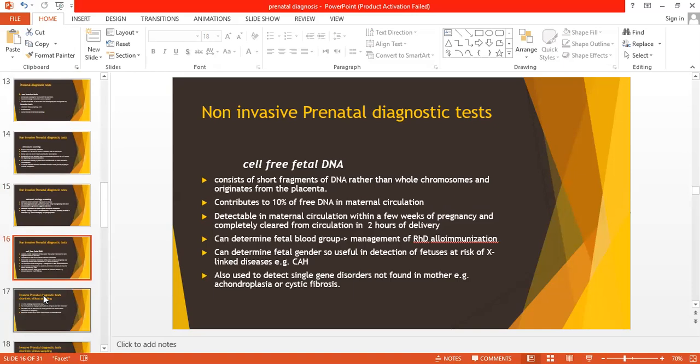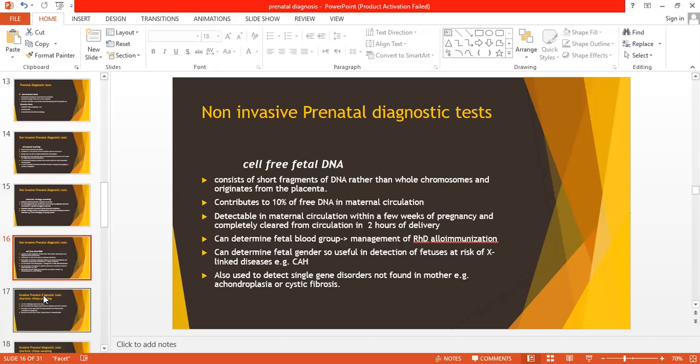The last one, which is a newer technique, is the cell-free fetal DNA. ठीक है, अभी आपके ज़हन में क्वेश्चन आएगा कि सेल फ्री फीटल डीएनए अगर होता है तो मैटरनल ब्लड में fetal cells भी तो हो सकते हैं. There is a possibility that fetal cells may be present in the maternal circulation, but usually they are very less in amount, so उनको मालूम करना बहुत मुश्किल होता है.